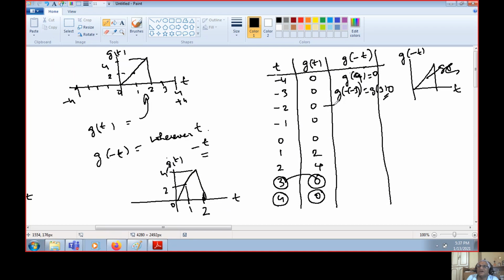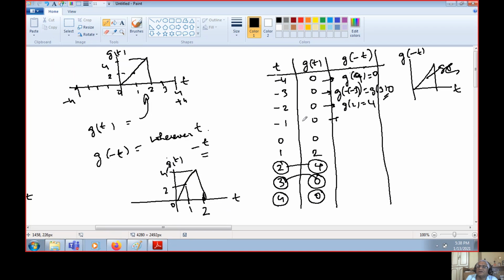Now you can see, now you can move very fast. So g of minus 2, minus of minus 2 will become g2. So this becomes g2. What is g2? Now you see here, g2 is equal to 4. So g2 will be equal to 4. Are you understanding what I am doing? So g2 is equal to 4. Okay. Now let us look at the next one.